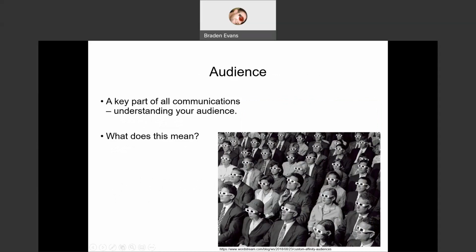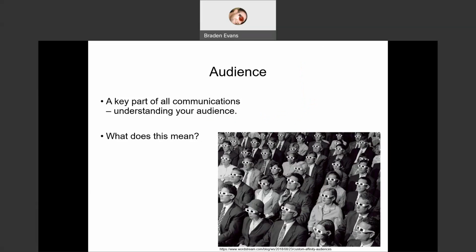The key focus is understanding your audience. And you're going to hear me bring this up a lot, okay? This is what it's all about. All right. So over the course of this semester, I'm going to say audience, are you adapting to your audience? Right. And the point there is, if you're speaking to a room full of experts in your field, you're going to present your information in one way. Right. But if you're speaking to a bunch of school children who don't know anything about your field, you're going to speak in a different way.